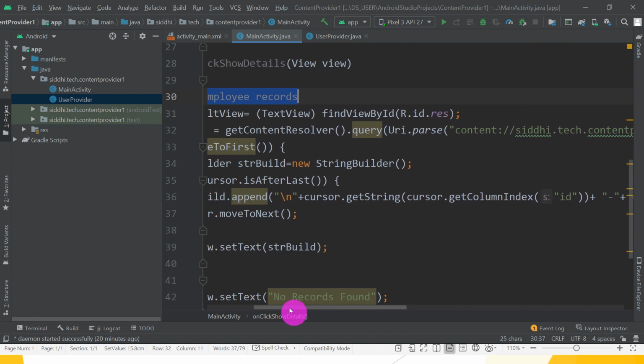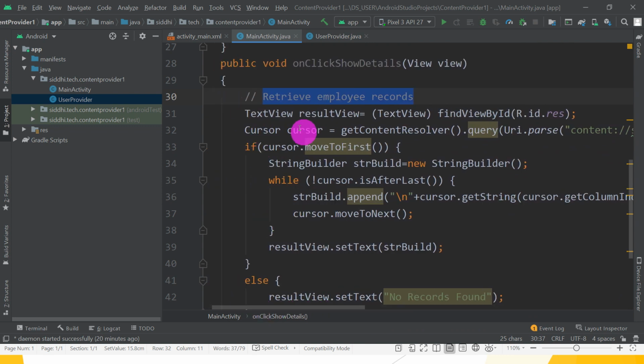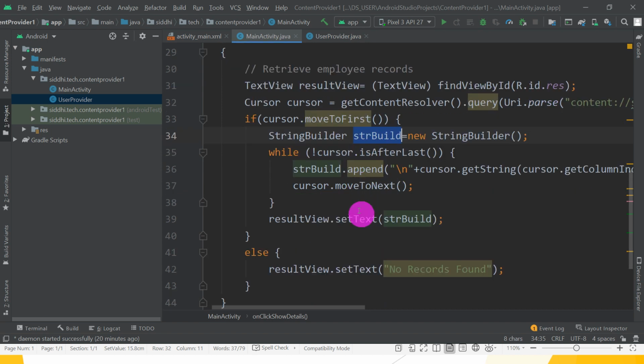After taking the values in the cursor object, cursor object move to the first. So first move to the first and fetch the data from the first and add into the StringBuilder object. If cursor is after last, okay, so it moves to the next record. So till the record is not last, it is giving the true, and add the data into the string builder, and this string builder set text to the result view.